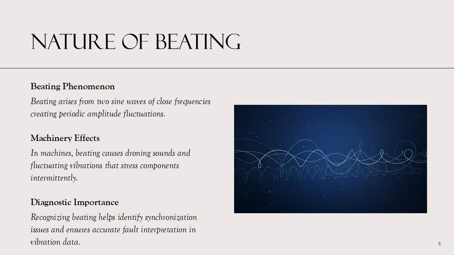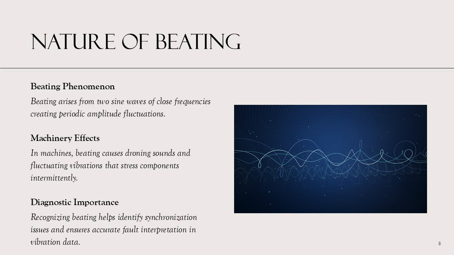Beating occurs when two sine waves of similar but not identical frequencies combine, producing a waveform whose amplitude rises and falls periodically. This pulsating effect, known as the beat frequency, equals the difference between the two original frequencies. In machinery, beating often manifests as a droning or throbbing sound and can lead to fluctuating vibration levels that stress components intermittently. The phenomenon is common when two machines operate at nearly the same speed or when looseness causes slight